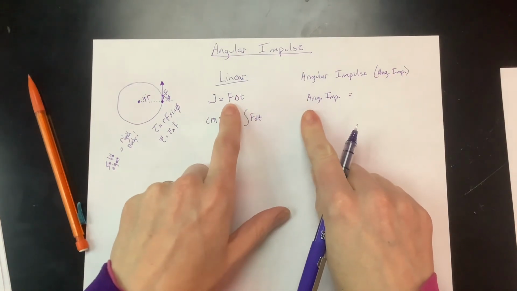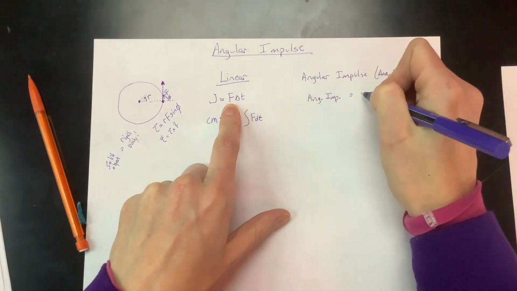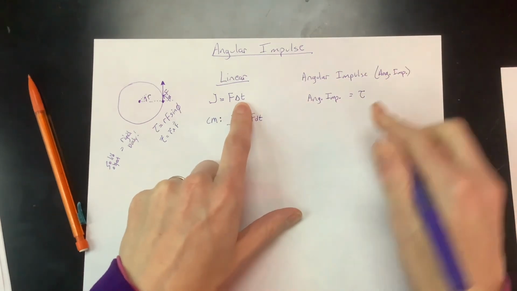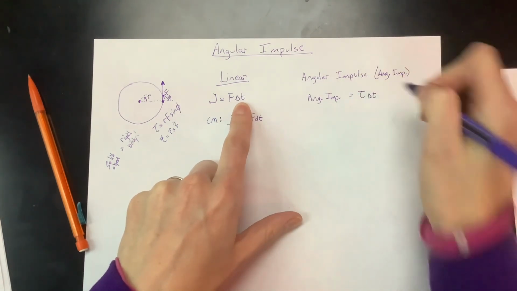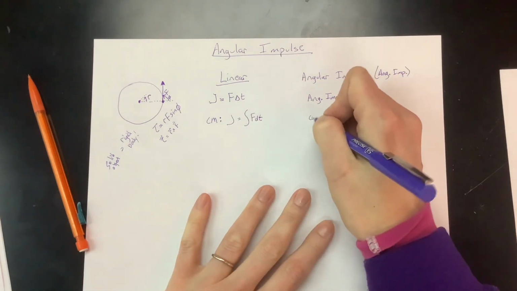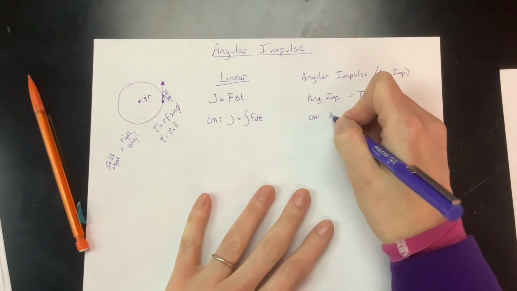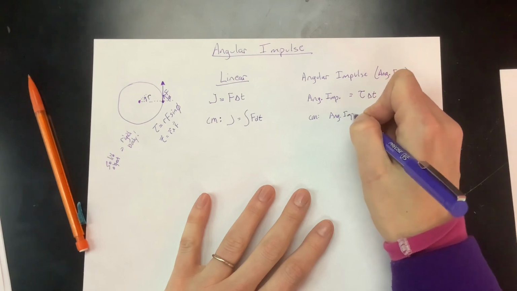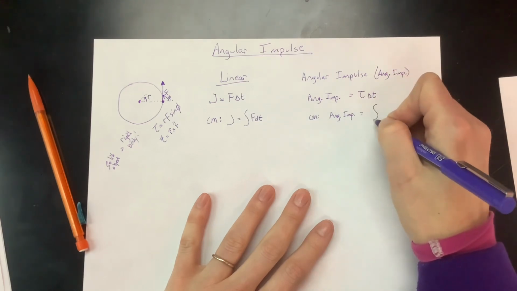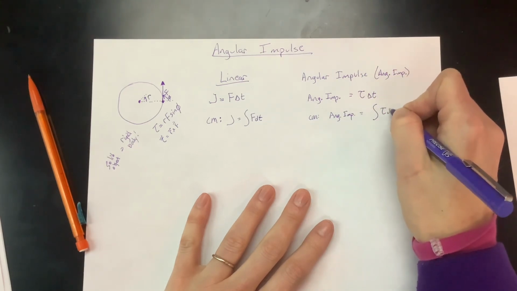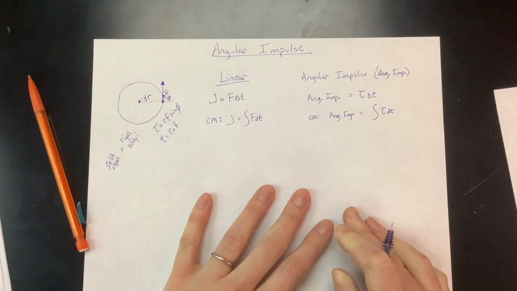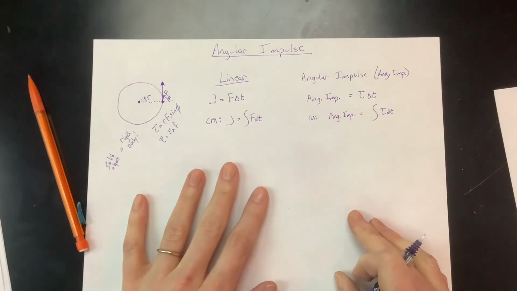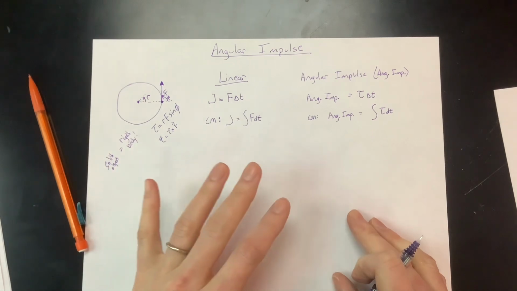But so let's do our equivalent thing. Instead of force, when we talk about angular stuff, we use torque. But the time stays the same, so it's delta t. And if we were in mechanics, we would write the same thing for angular impulse. But this time we'd do the integral of torque dt. Okay. I know it's got lots of different t's there, so make sure your t's and your torques, your taus,